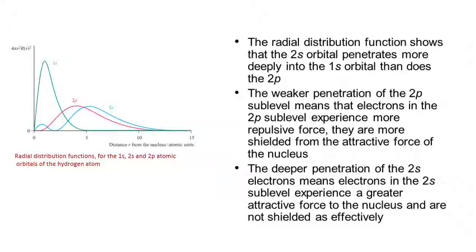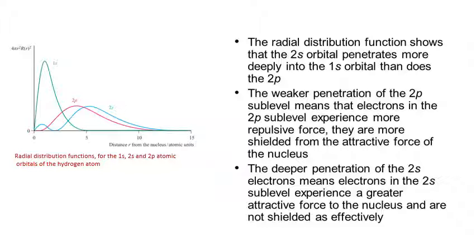So under the 1s orbital area, you can see that for the 2s orbital, there is a probability of the 2s orbital being there. So the 2s orbital penetrates much more deeply into the 1s orbital than the 2p orbital, which means that the 2s orbital's penetrating power is higher than the 2p orbital. So the radial distribution function shows that this 2s orbital penetrates much deeper into the 1s orbital than the